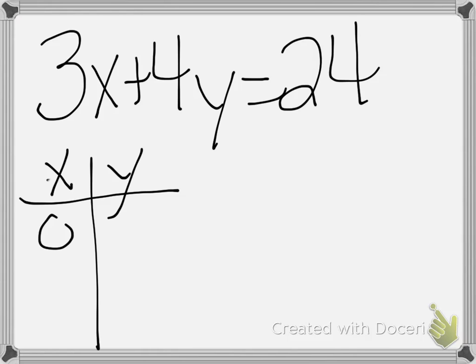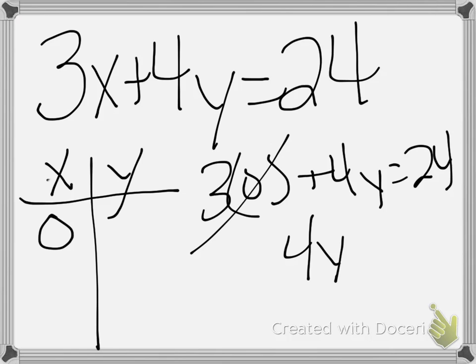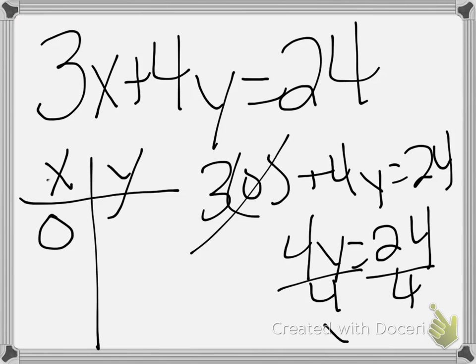So we're going to solve for x equals 0. So we have 3 times 0 plus 4y equals 24. That cancels out, so we get 4y equals 24. Divide by 4, and I get y equals 6. So I put that in there. And then my second point,